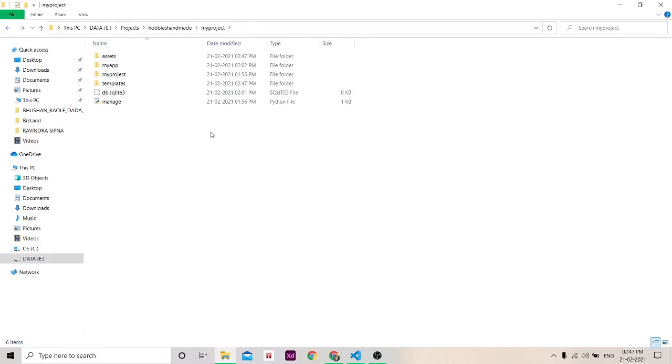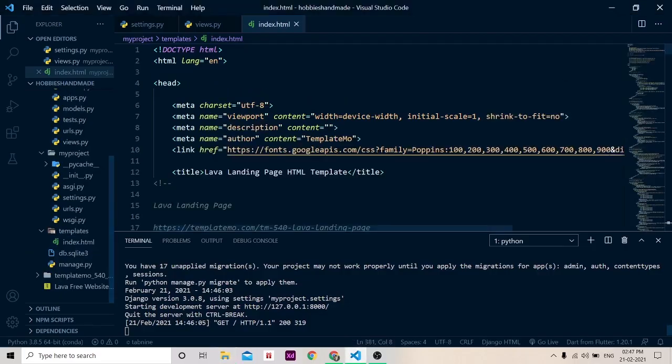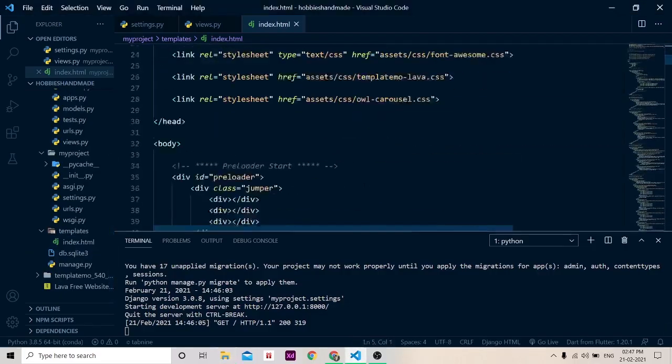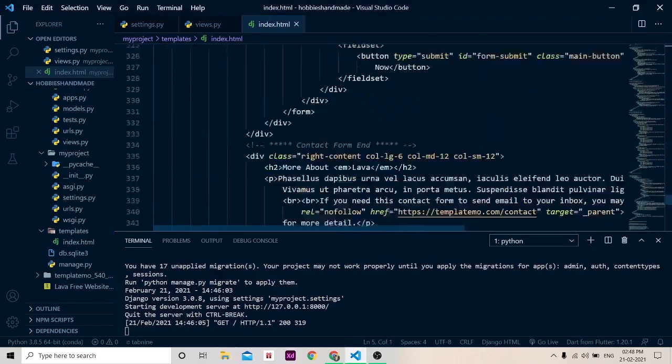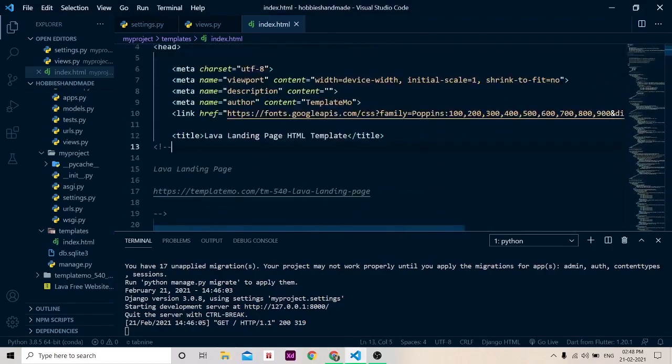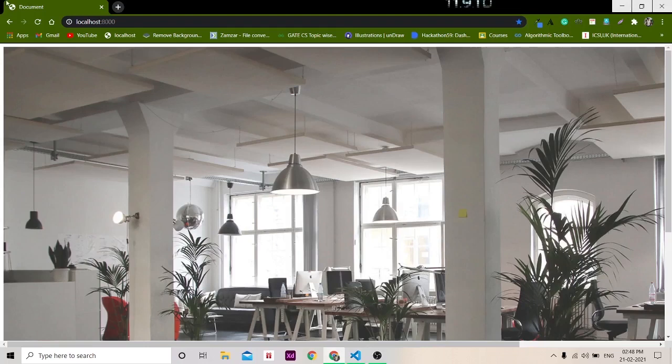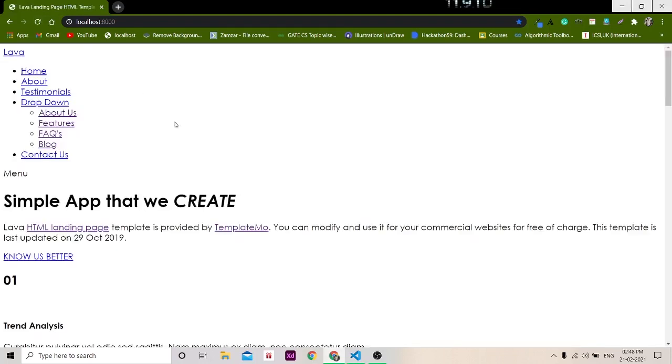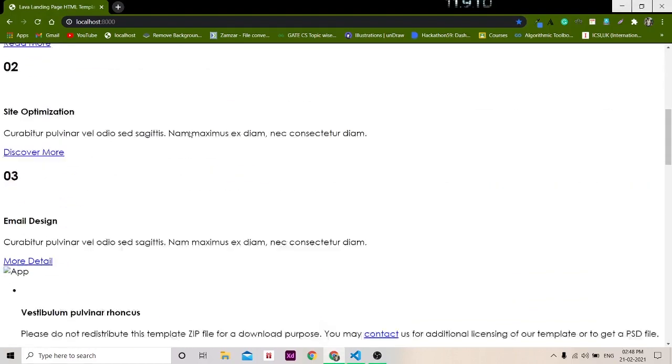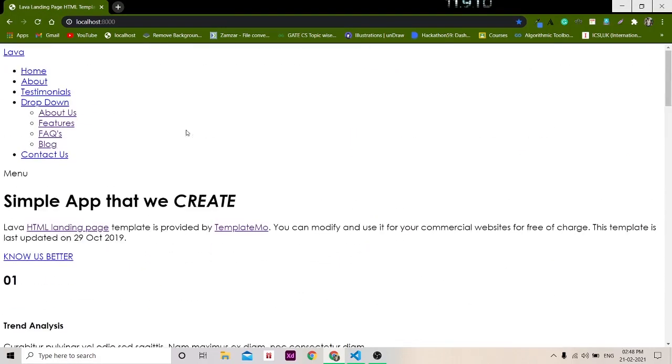This is the index.html file provided by that template. Let's try to run this. Oh, it came without CSS. It is looking very ugly.